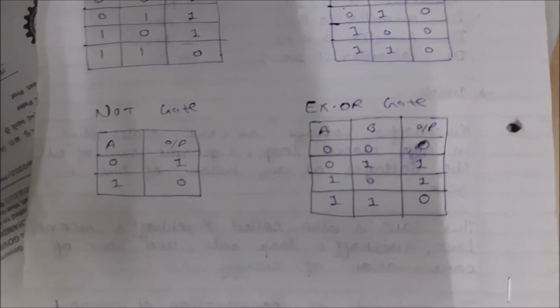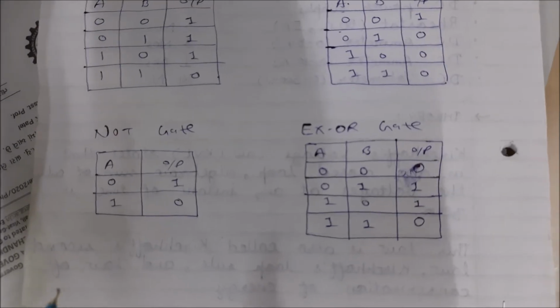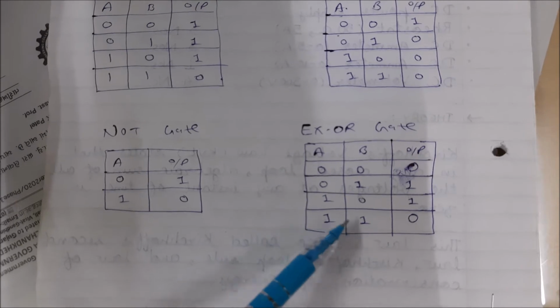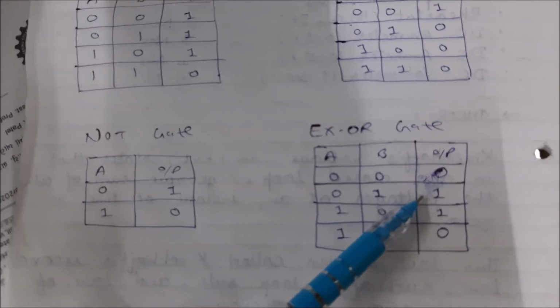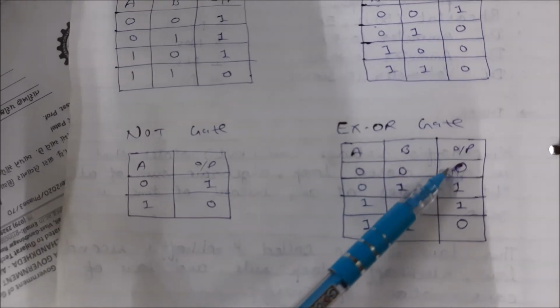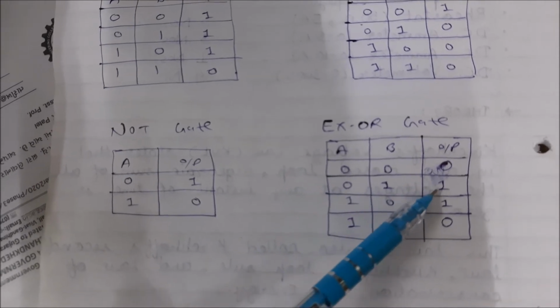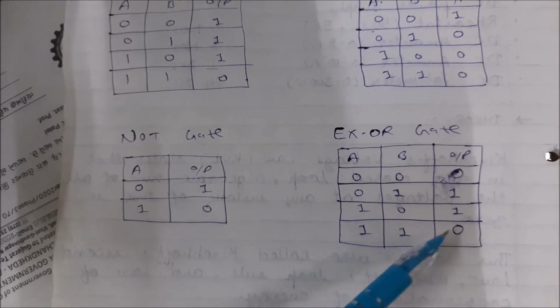This is exclusive OR gate. This will be giving output 0 when both inputs are same. If both the inputs are 0, then also output will be 0. If both the inputs are 1, then also output will be 0. If both inputs are different, then only my output will be 1. So 0 0, that is false false, will become false. False and true, if two inputs are different, output will be 1, or true. True false, true, 1 0 will become 1. Again double 1 will become 0.